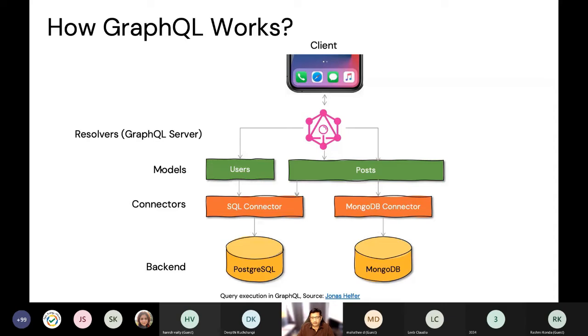So how does GraphQL work? We'll see also with an app. Let's say there is a client, and it's a mobile app which is asking for data, and what it does is it queries the GraphQL server, and the GraphQL server has something called resolvers. Resolvers are the functions that will fetch the data based on the models or the schema that is defined. So for example, I have users and posts as my models, and there is a schema defined. Based on that, the resolver will fetch the data from